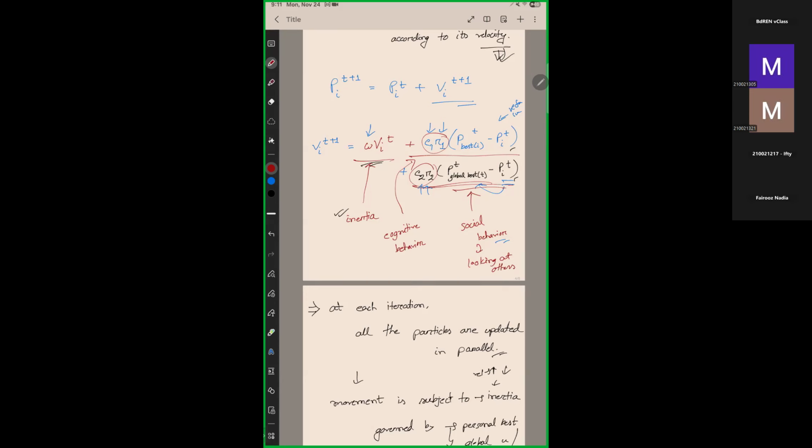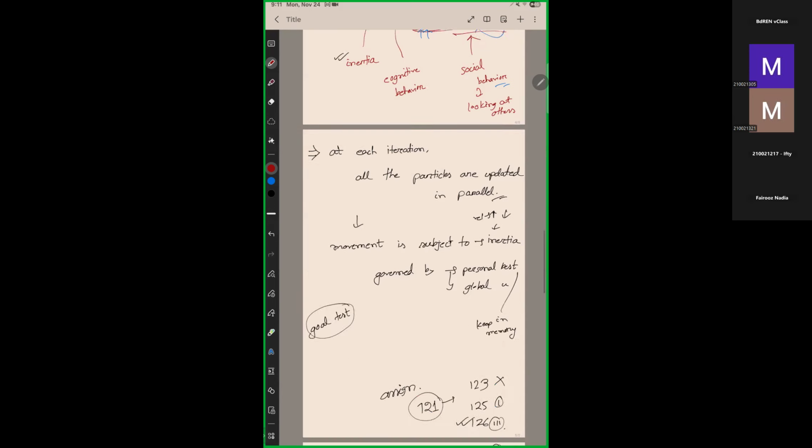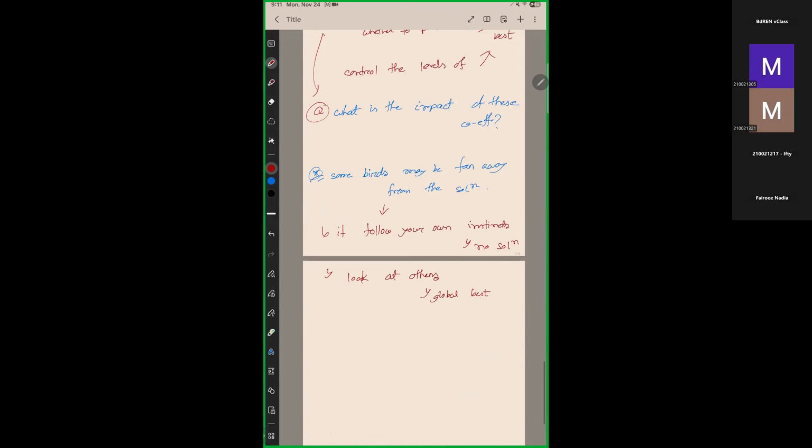Yes, sir. Now, if you think of it from the perspective of the AI agent, they don't have any clue. Am I closer to the solution or far away from the solution? So that's why it becomes a little bit tricky. আচ্ছা, আসতেছে।